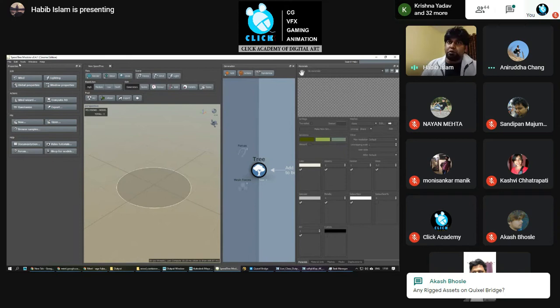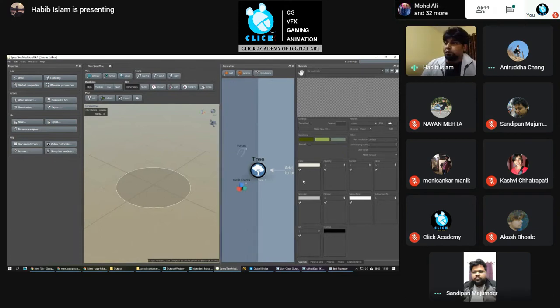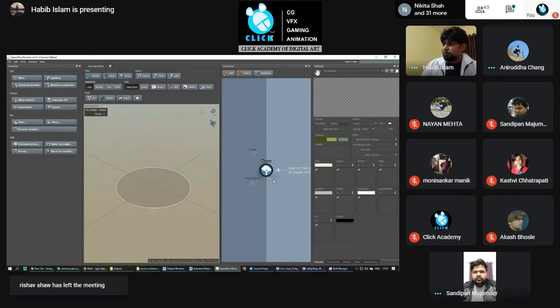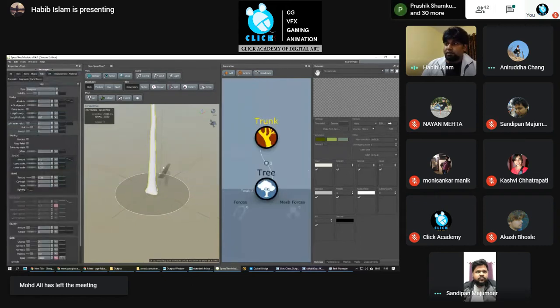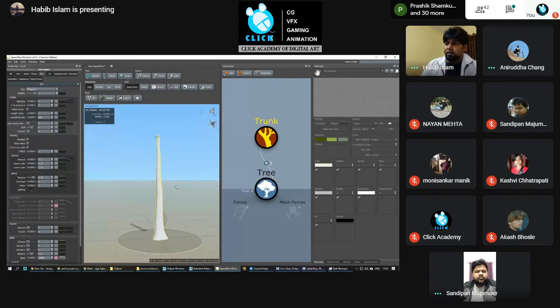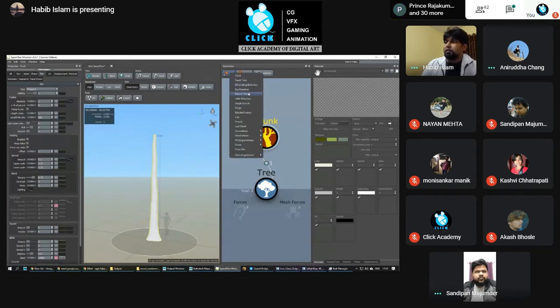This is SpeedTree. Just go to new scene. Then from here, this is the viewport and this is the creation process. These are all the nodes you'll be getting. So this is the basic tree. Just add one trunk first. Then you'll get one trunk, and then on the trunk you can add branches. There are options like big branches, small branches, single branches. So I'll be adding these bifurcating branches.